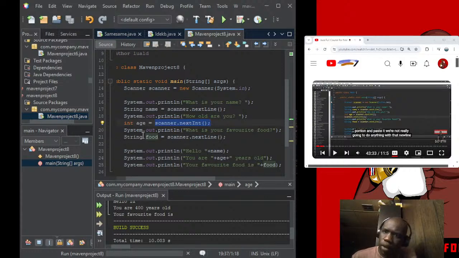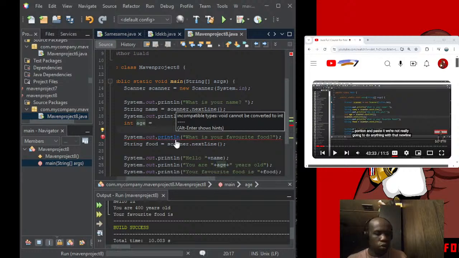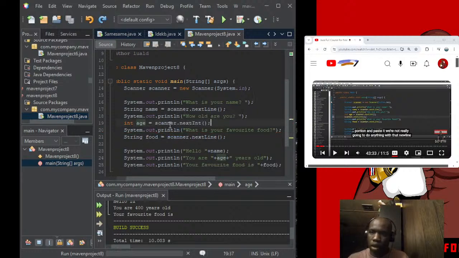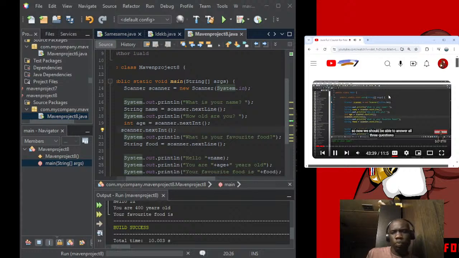New line character, this will just clear the scanner for us. So now we should be able to answer all three questions. So type in your